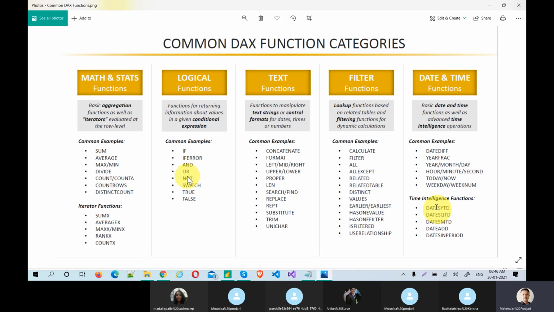And, or, switch, true or false, all these are boolean. True or false is boolean, yes or no is boolean. So these are all common functions we use, but they are easy to understand and easy to use with the help of Microsoft docs and Google.